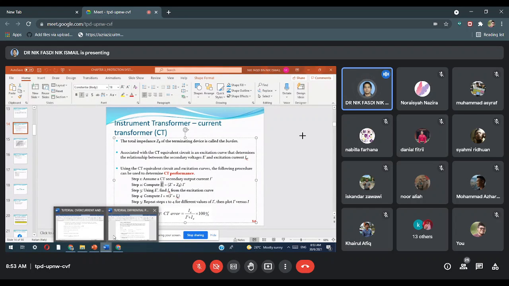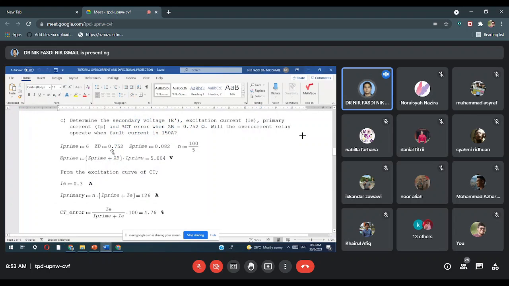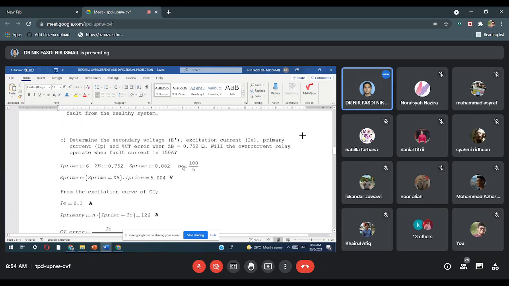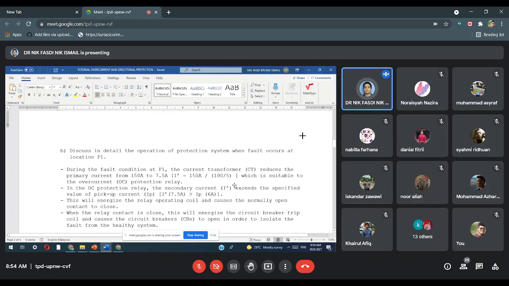So we can determine the E prime. So we have this one from the question. This one also from the question but from the figures kat atas tadi. So from here we can determine the E prime. You just substitute into this Z prime, ZB, I prime. Okay, then we have the value of E prime is 5 volts. Okay, kenapa you nak kira ni? Sebenarnya you nak refer back to this